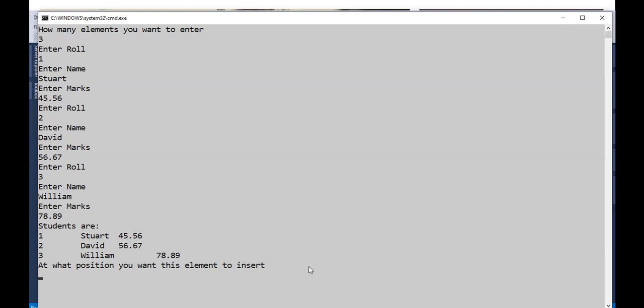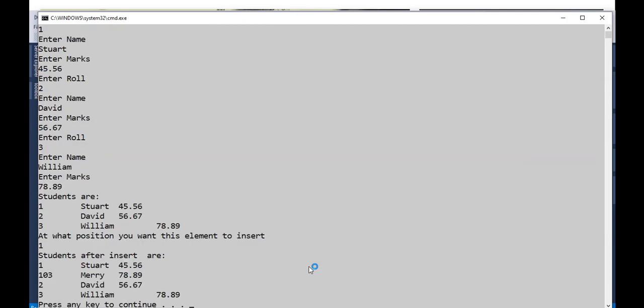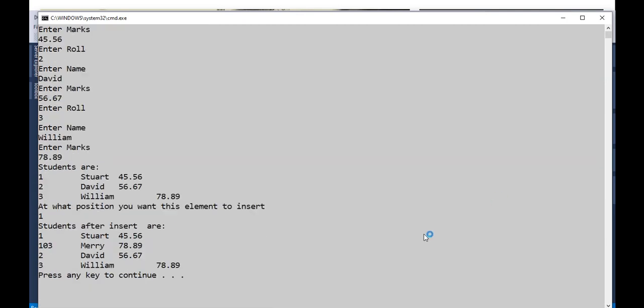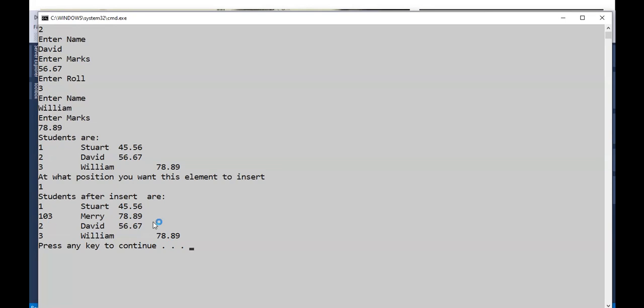So what will be the position for me? 1, because the index number starts from 0. So at position 1, meaning at the second position, I want this student. So if I press 1, see here, this Mary record got inserted at the first position. So this is how you will be able to insert in between.